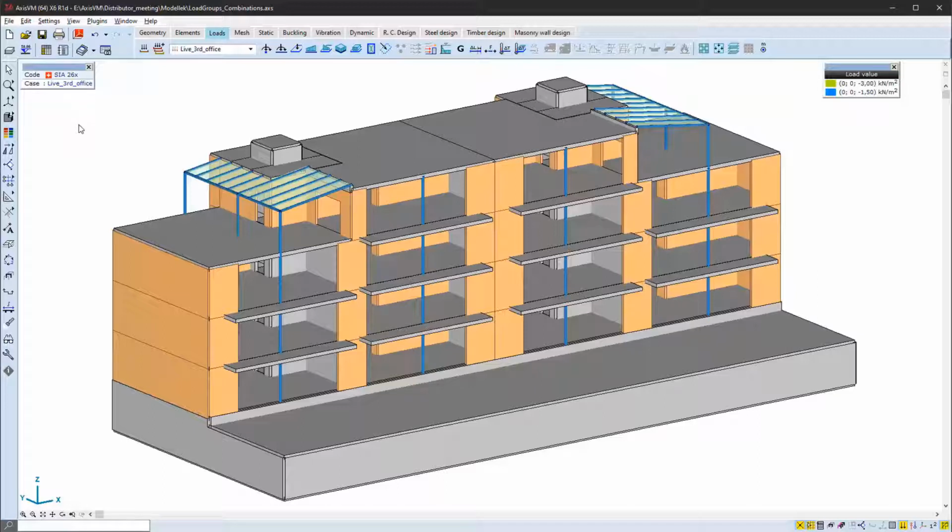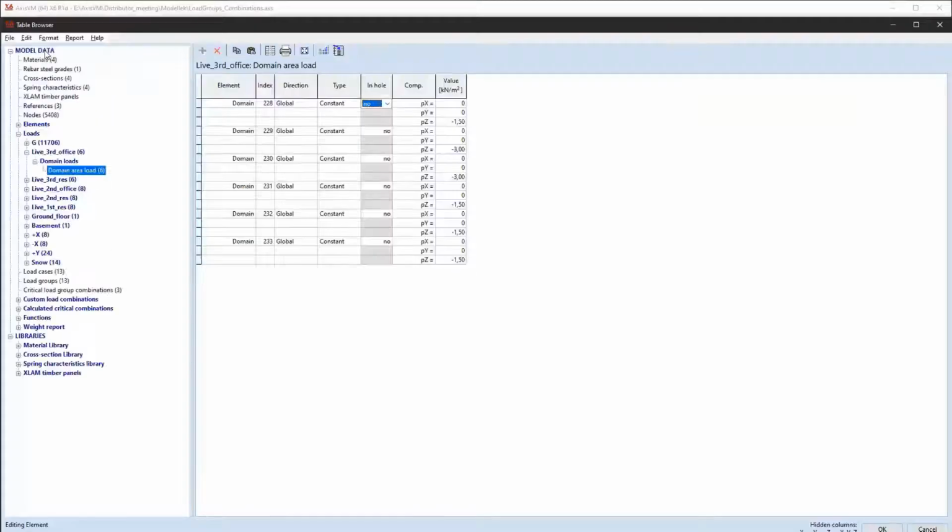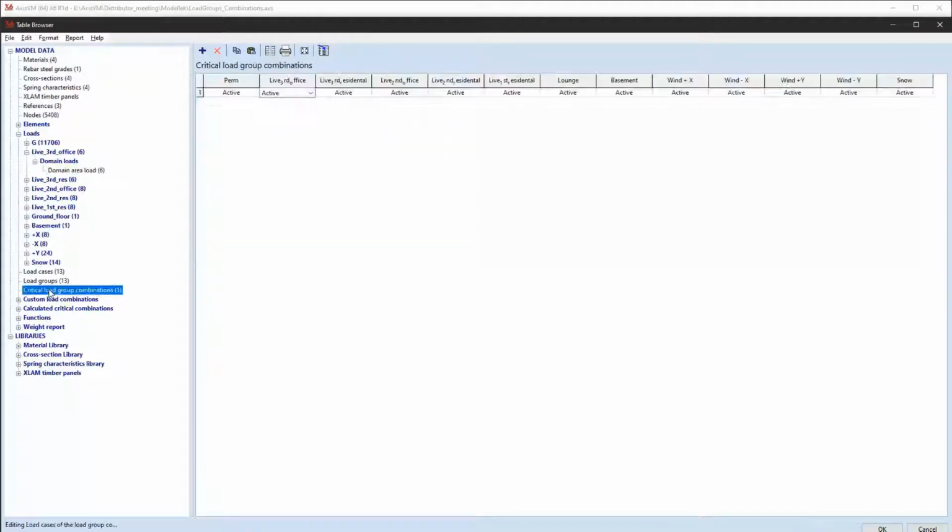So we have introduced a new function to create custom rules to generate load combinations by exclusivity or linkage between different load groups, and it is available through the table browser.